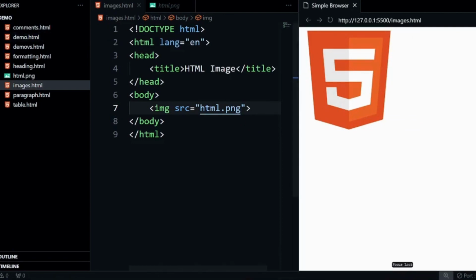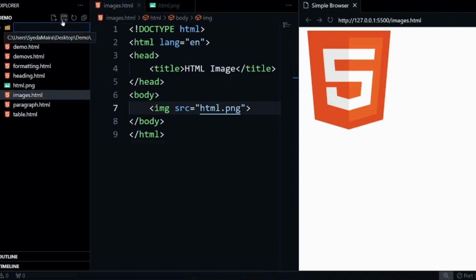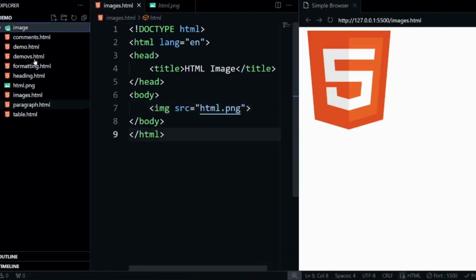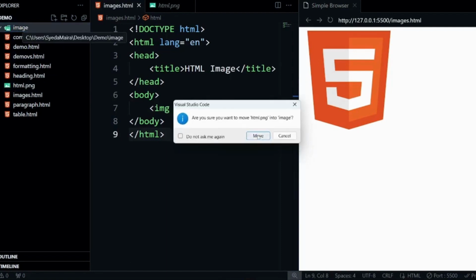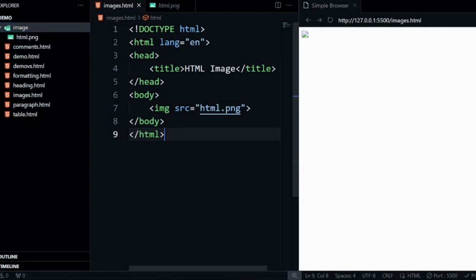But what if my image does not exist in the same folder? For that, let's create a folder called image and place our html.png in the folder. Note that now our image does not show over here in our browser, but the image icon is shown over here with no information. If our client will look in